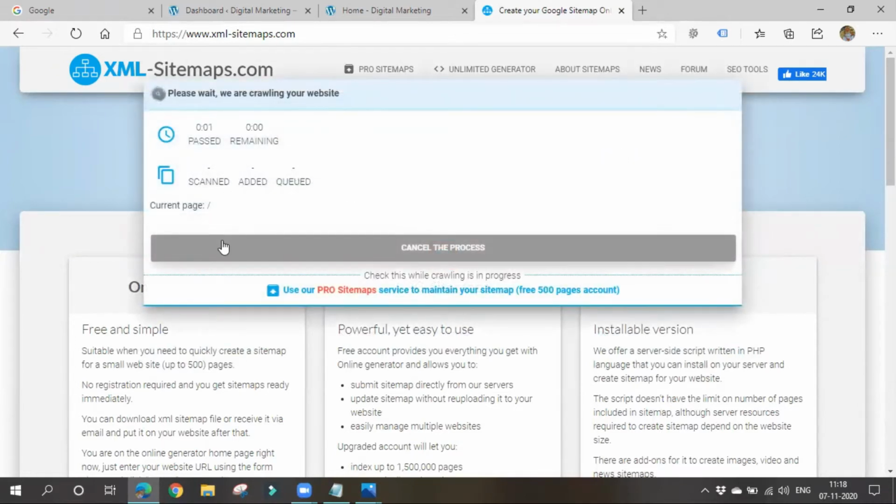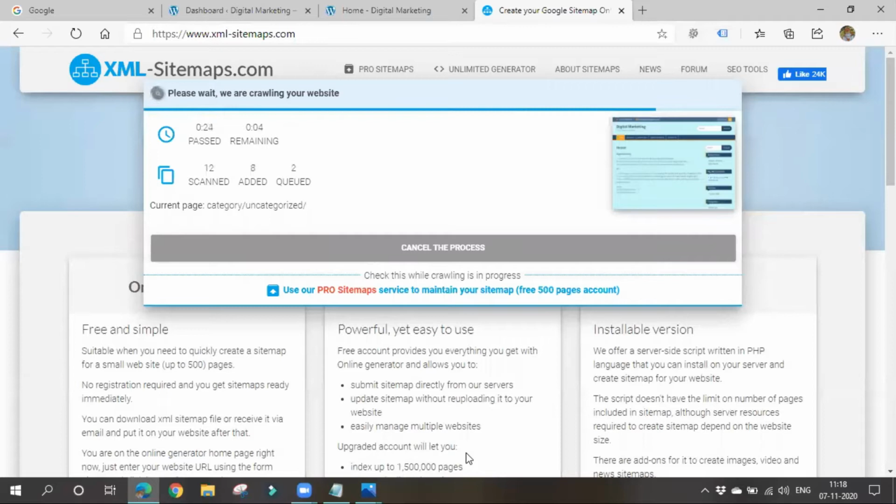Please wait. After you click on start and wait, it scans each and every page, see, it is scanning each and every page and it generates a sitemap. Then you have to download that particular file. It will give you a file. You have to download it.